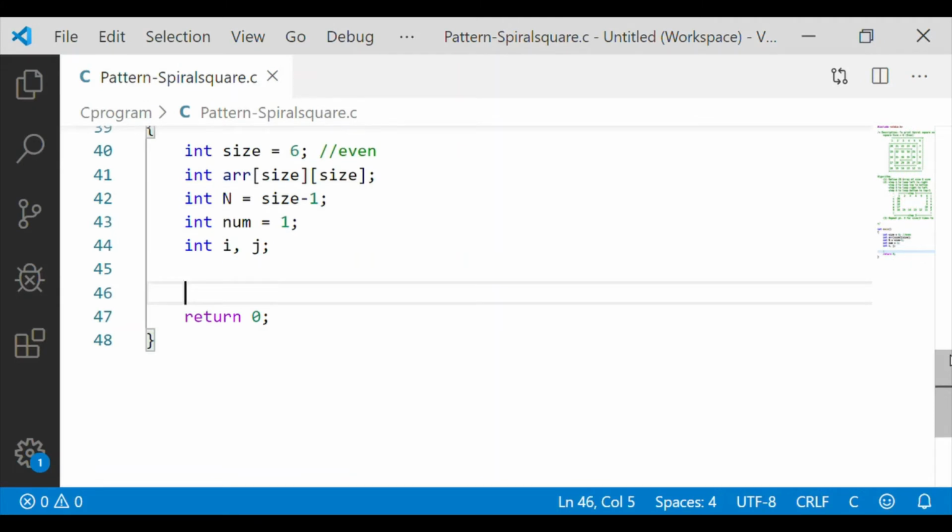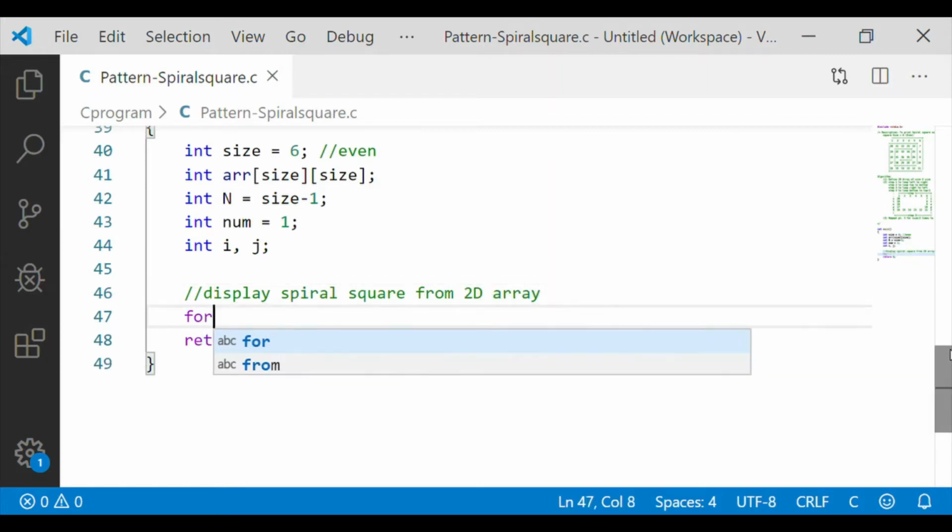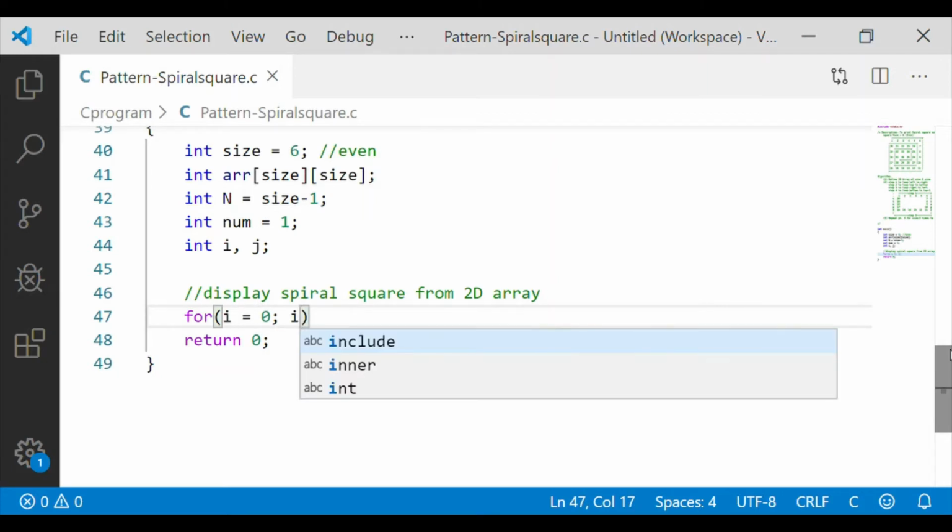As a first step, let us display this 2D array. For that, we will run the for loop with i varying from 0 to n. n is nothing but size minus 1.